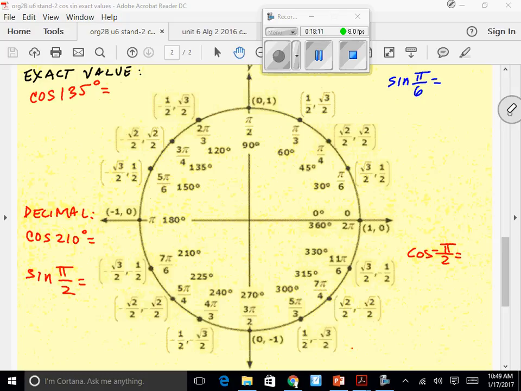I'm changing cosine to 7 pi over 6, and I'll put in a third one on this one. Let me do a third one so that